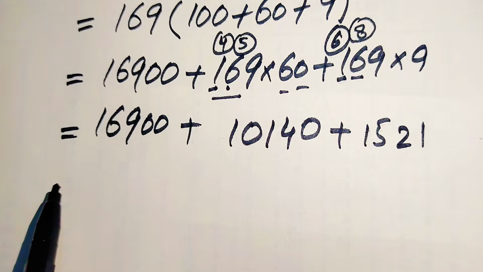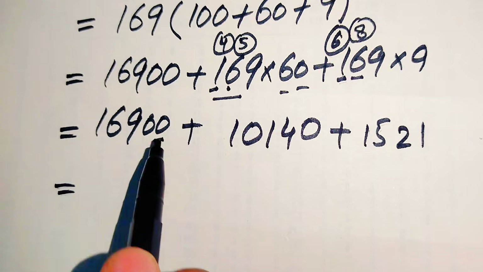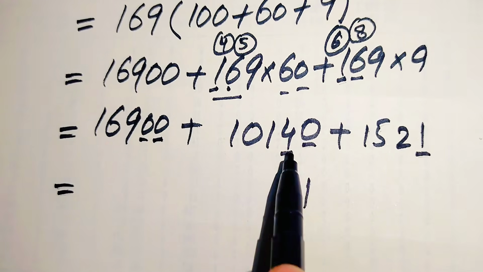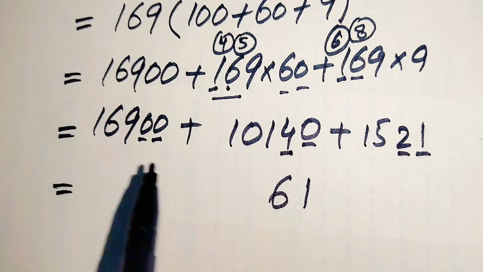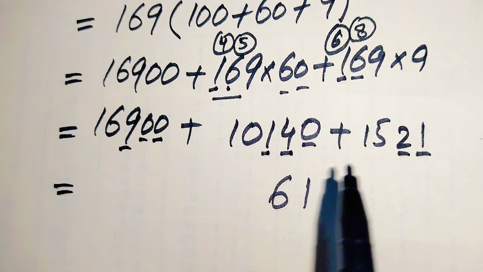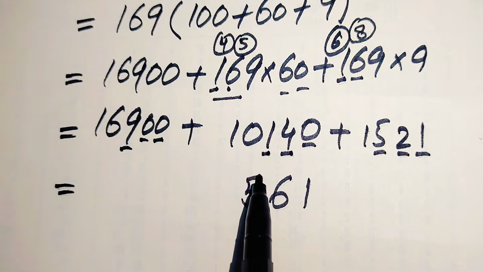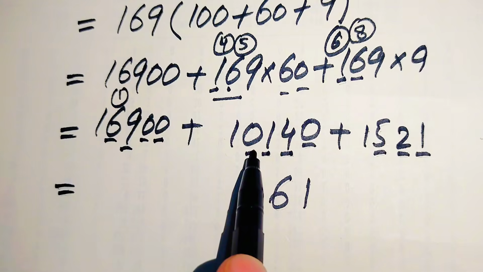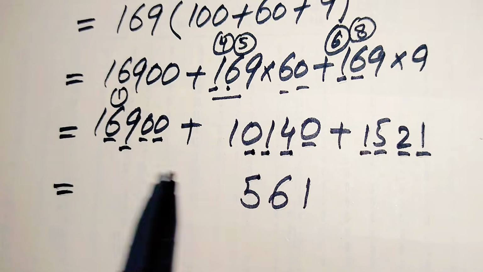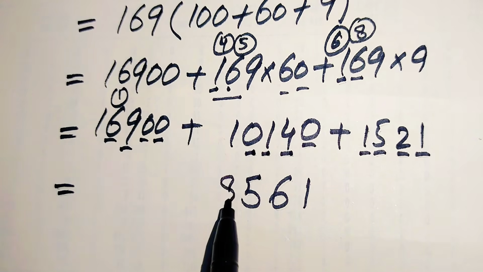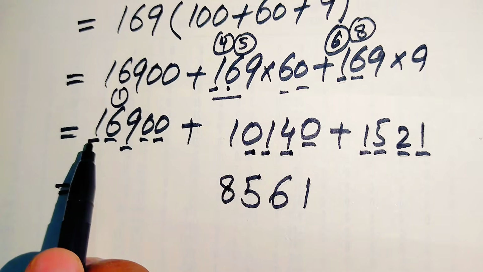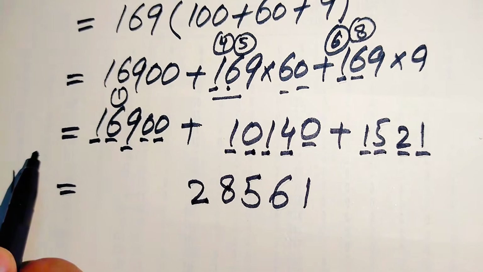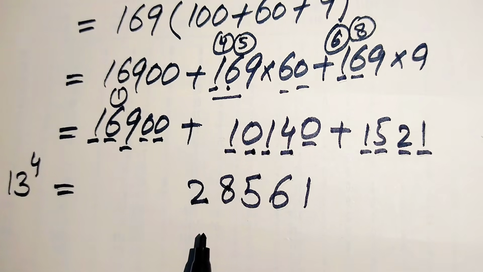So in the next step we add all of these values. For this we have 0 plus 0 plus 1 becomes 1. This 0 plus 4 becomes 4. 4 plus 2 becomes 6, and 9 plus 1 becomes 10. 10 plus 5 becomes 15. We write 5 and carry 1. This 6 plus 0 becomes 6. 6 plus 1 becomes 7. 7 plus 1 becomes 8, and in the next step we have 1 plus 1 becomes 2. So we will easily get the value of 13 to the power of 4 is equal to